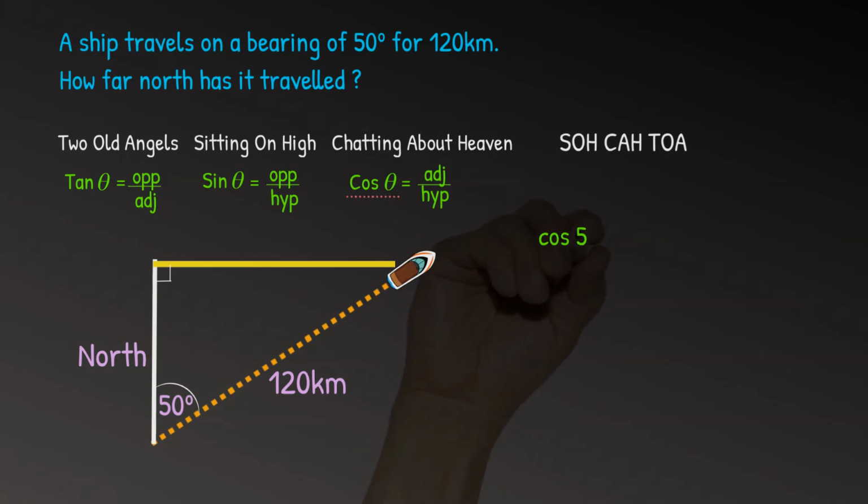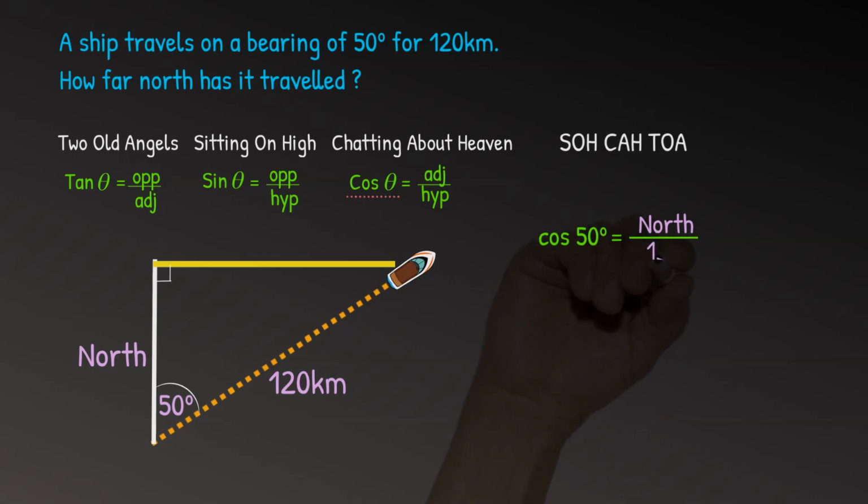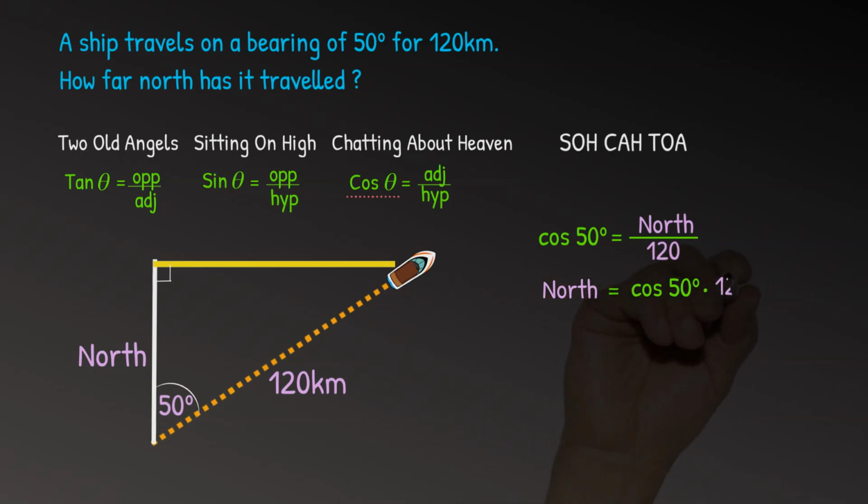So the cosine of 50 degrees is going to be equal to the distance north divided by 120. So the distance travelled north is going to be equal to the cosine of 50 times by 120. Now if you use your calculator to get the cosine of 50, you should end up with 0.643. So the distance north travelled is going to be equal to